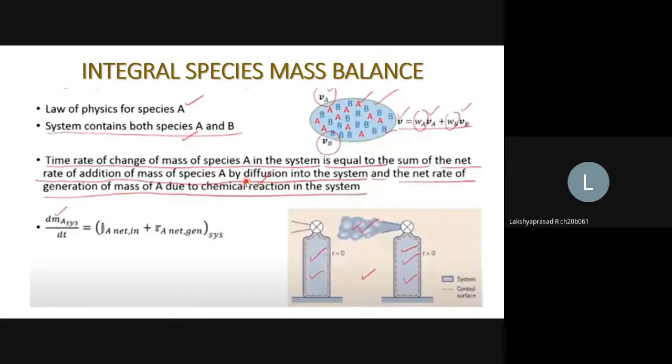Hello. So let's get started with the species mass balance. First we'll look at the integral species mass balance in this lecture. Okay. So the law of physics for species A will be the